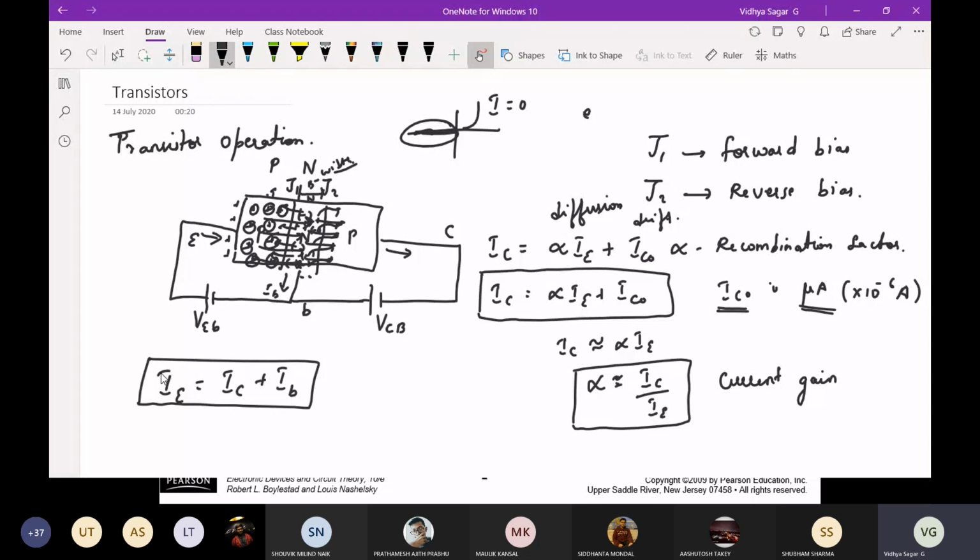So according to the direction of flow, I could just give you the transistor symbol. So this is your transistor symbol. This is called the base terminal, collector, emitter. Depending upon the flow of charge carriers, we are going to determine whether it is NPN or PNP. At the emitter terminal, the current is flowing inside the device. So my arrow mark will indicate inside. This symbol is called an NPN transistor.